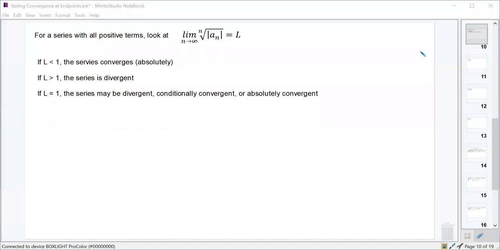All right. Okay, this is the nth root test. This is our last test. The nth root test is similar to all the other tests. It just says that if you have a series with all positive terms, and note again, all positive terms, that